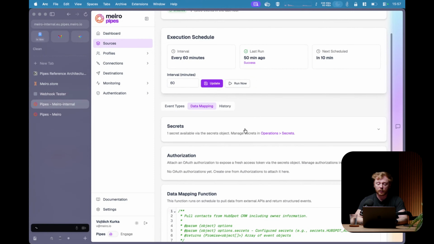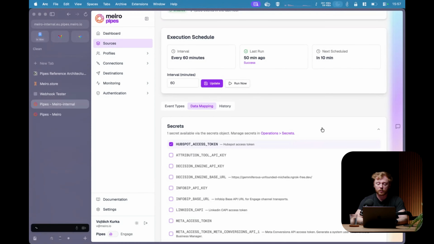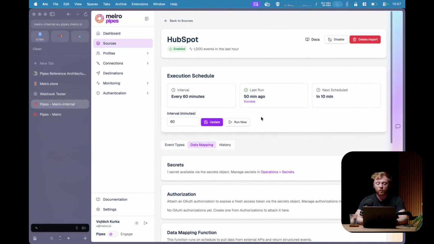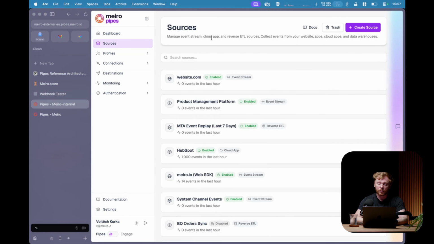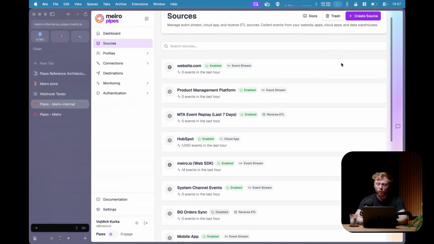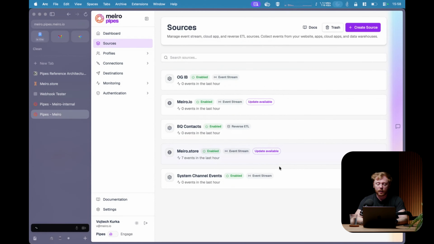You can assign secrets, which are encrypted, and you can give the source an access to the secret, like HubSpot's token. And then every 16 minutes, or every minute, every 5 minutes, every day, depends on you, you can actually reach out for the data over the REST API, load it, and store it in Meiro pipes, and then activate it and route it. Last but not least, again, we are reaching for the data, and it is to the